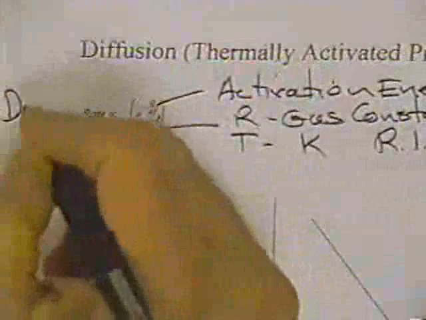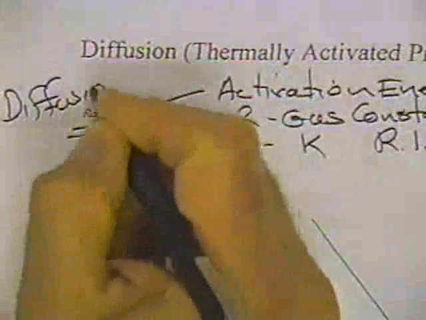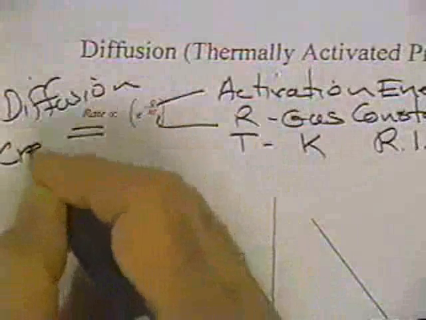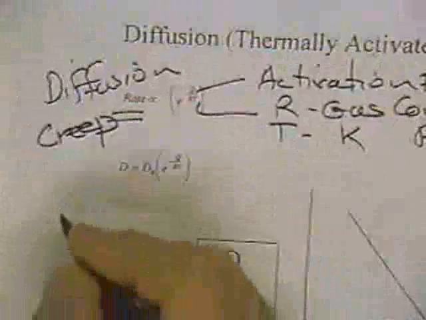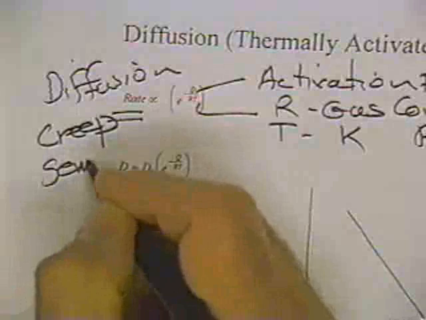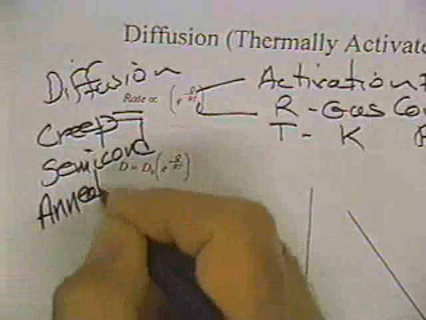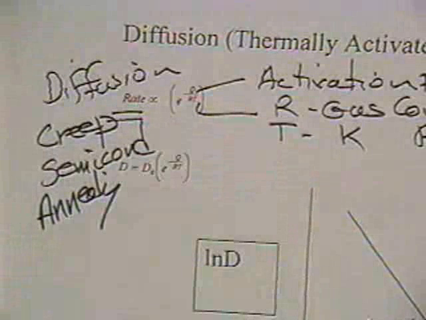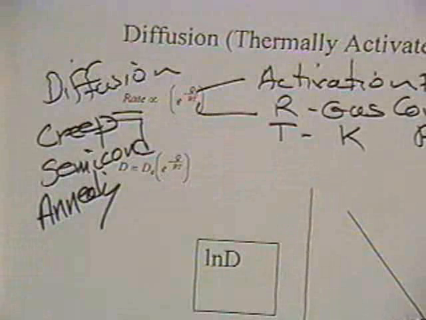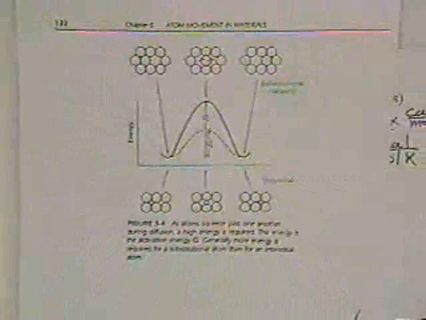It's important in diffusion, which we're going to talk about. It's also important in creep, and it's important in the semiconductor industry. It's also important in the annealing process, which we'll talk a little bit later about. Now, just to make a comment on the thermally activated process, if you go to the second page, page 18 here,